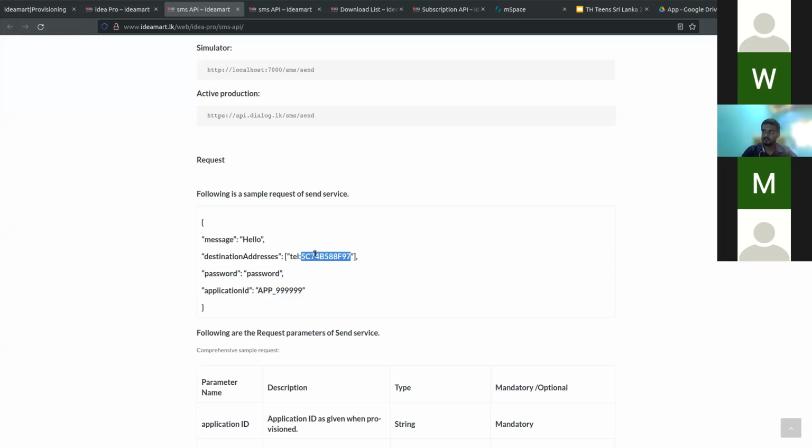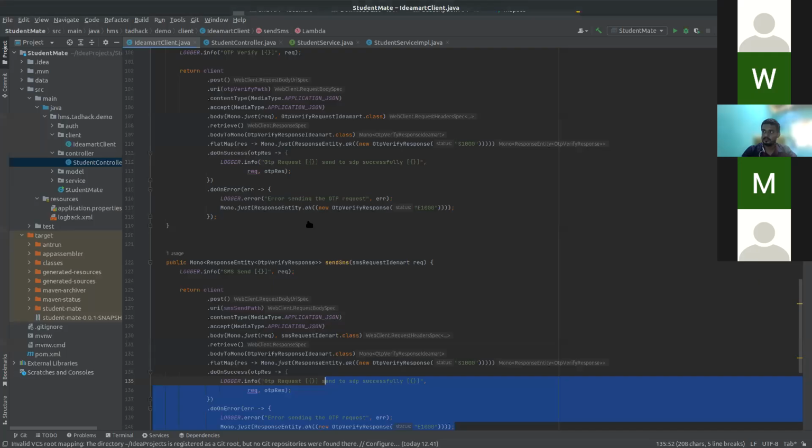Otherwise, if you want to send the message to all the users, all the subscribers, all the app users, then regardless of this number, you have to type the keyword tel colon all. Then it is sent to all the users. In my app, it is configured to all. If I show you this domain object,